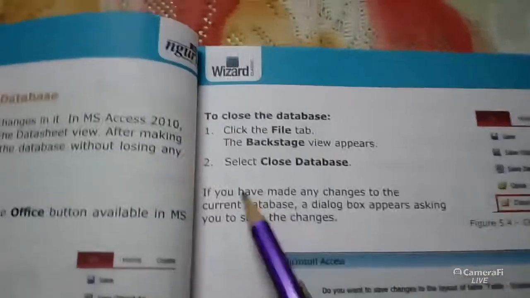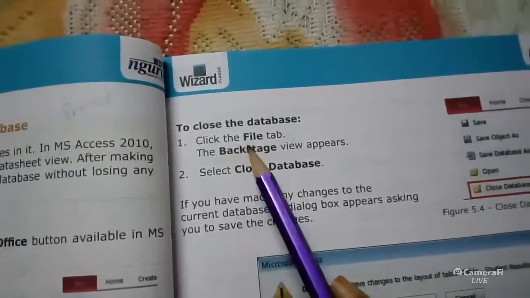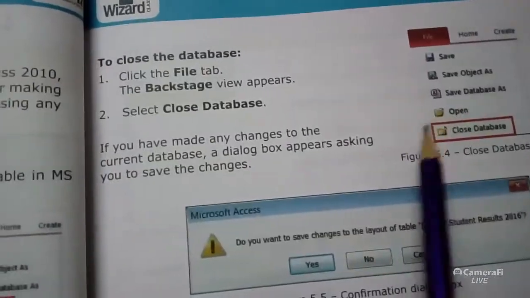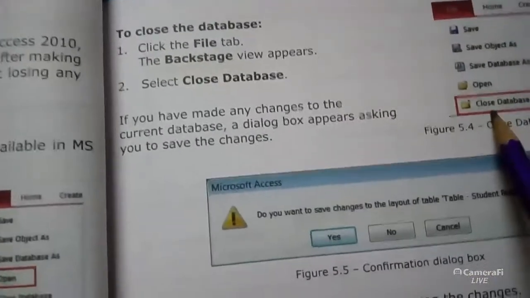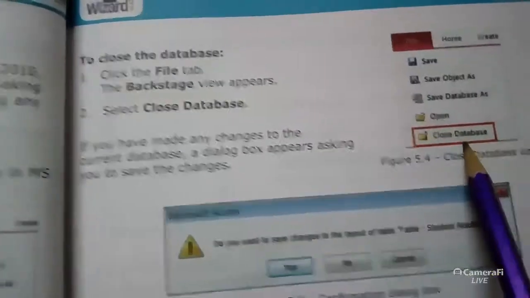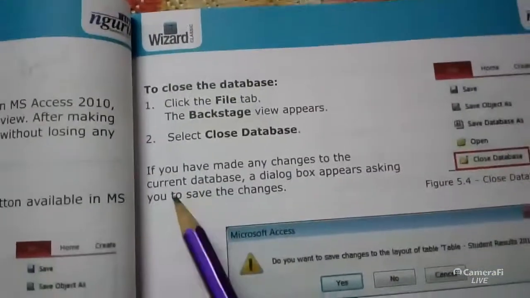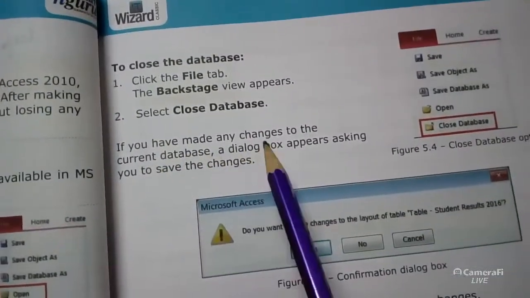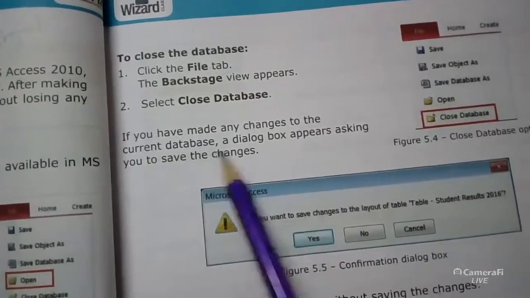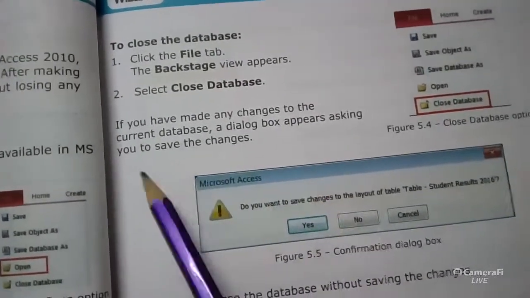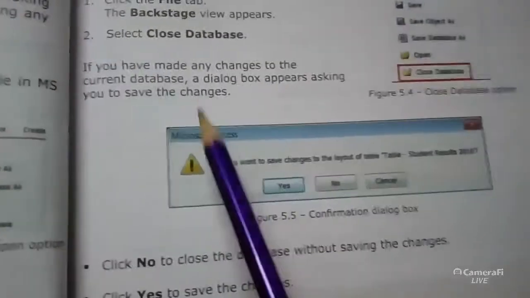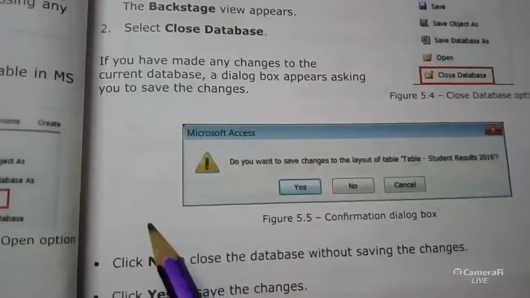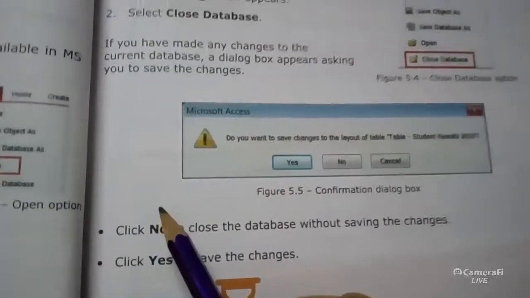Now, to close the database, click the File tab. The Backstage view appears, this view, and then you have to click on Close Database. Okay, select Close Database. If you have made any changes to the current database, a dialog box appears asking you to save the changes. That means suppose you have made any changes without saving, then you have to save and then